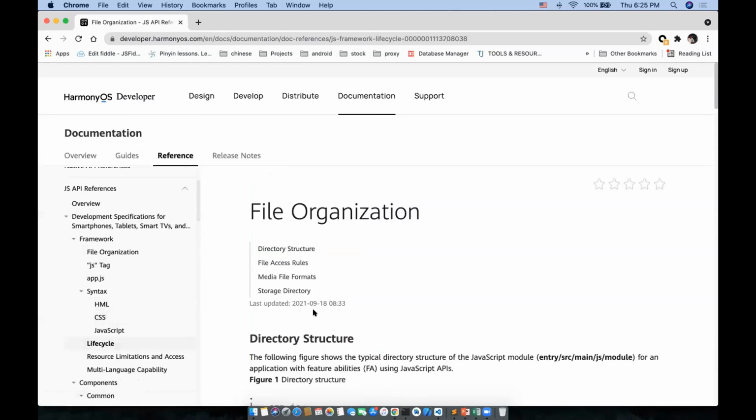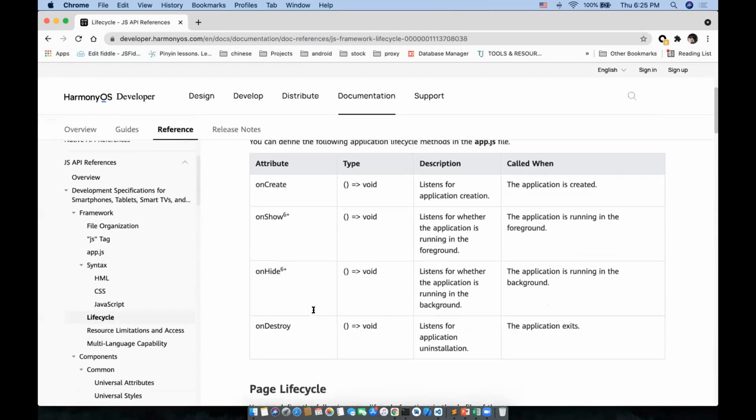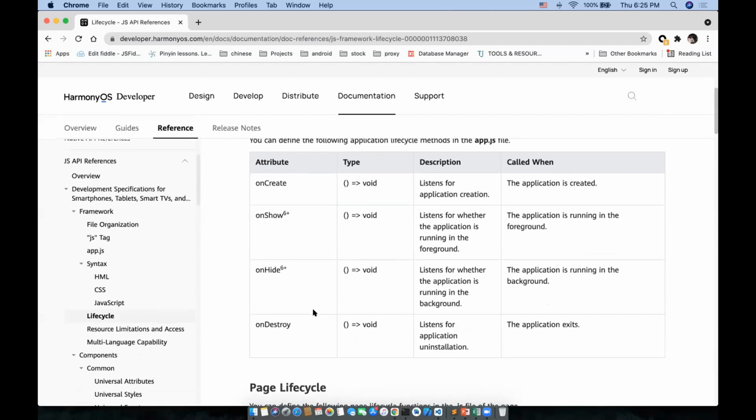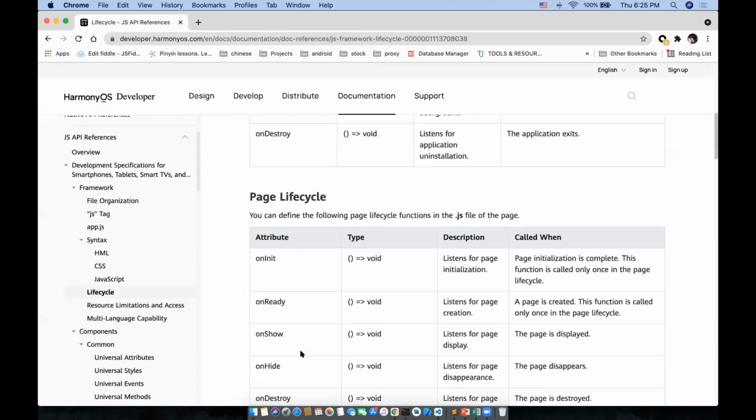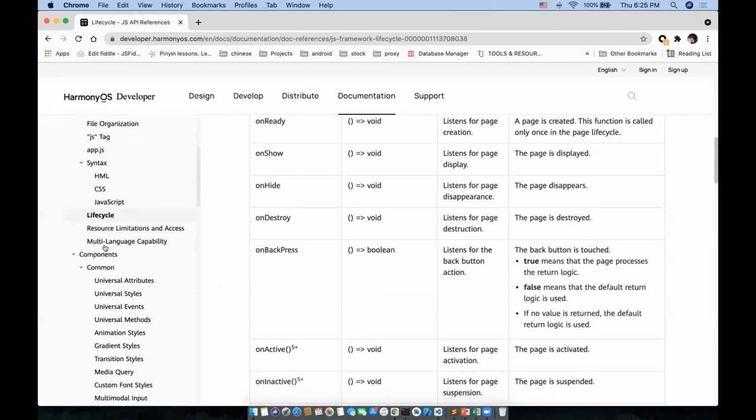It also provides lifecycle control, where you can control what operation to perform when the screen is shown, when it is hidden, and when it is destroyed. All those lifecycle capabilities are provided as part of the JavaScript itself, so that you can control your application behavior. And as I told, it is a fully component driven framework.